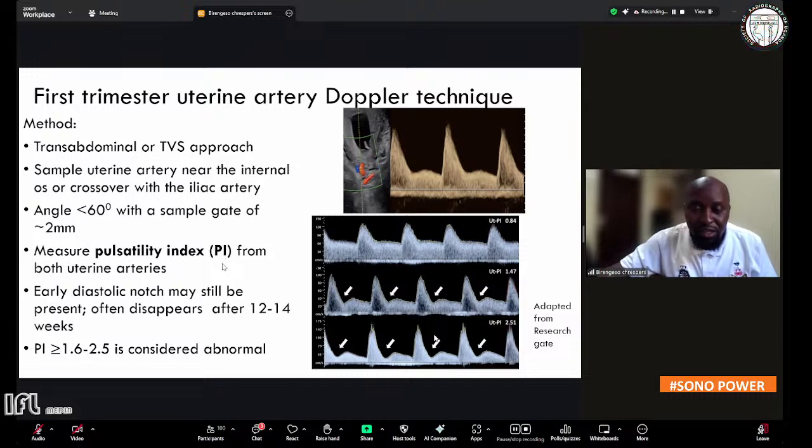That means the left and the right uterine arteries independently, and we should be able to see clearly that there is no end diastolic notch. For example, this waveform is okay in early first trimester with a diastolic notch. In early second trimester, the notch is there, but it is slowly disappearing. And this is the kind of waveform we expect in late second trimester and onwards, giving us a